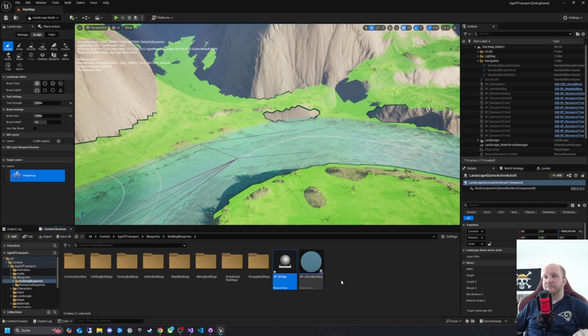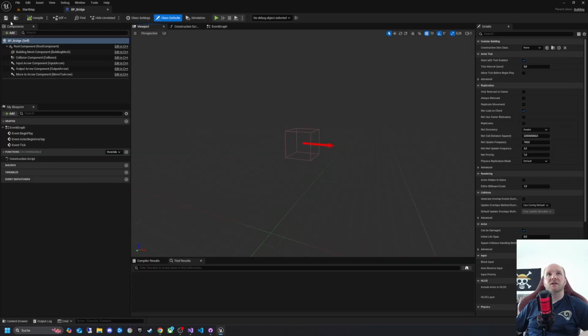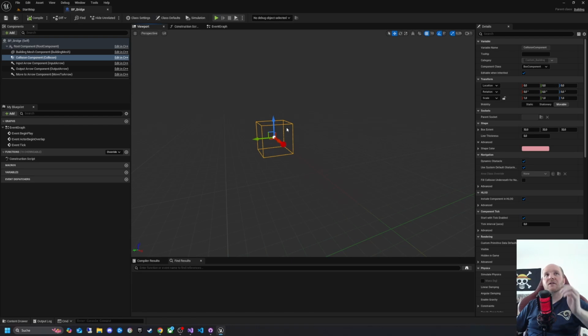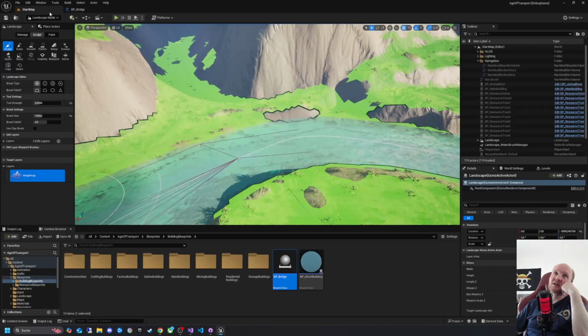Bridge. So we want to create the bridge, and the bridge should have only a building mesh component,